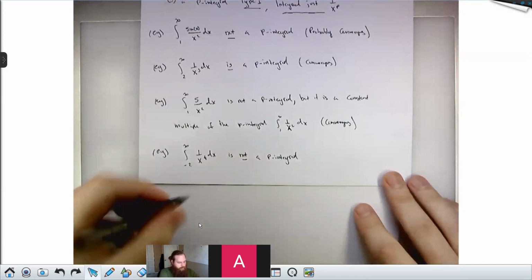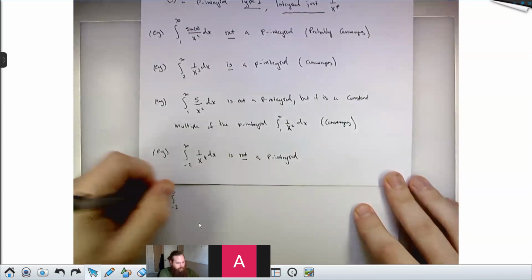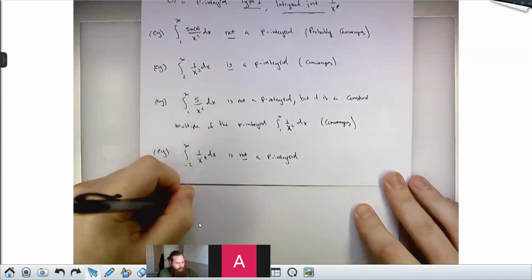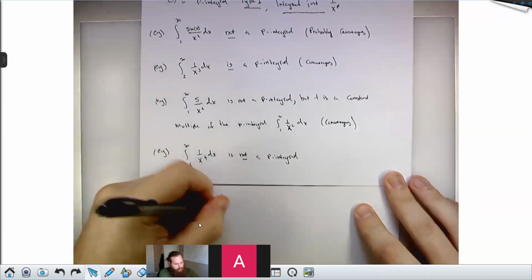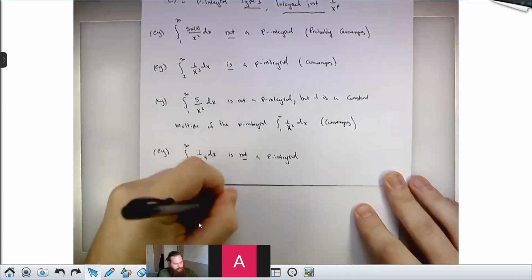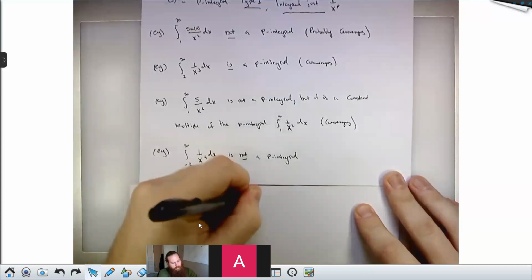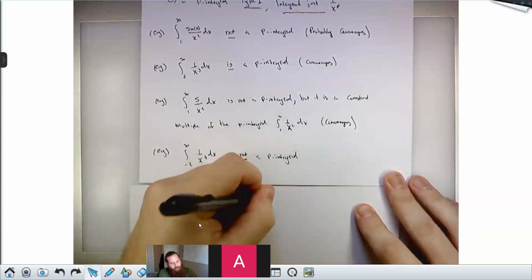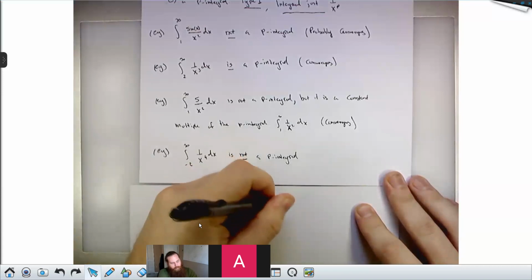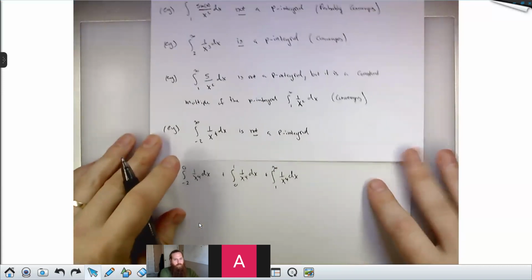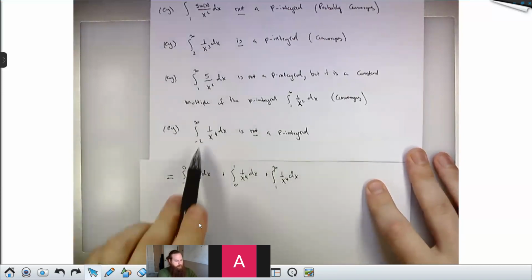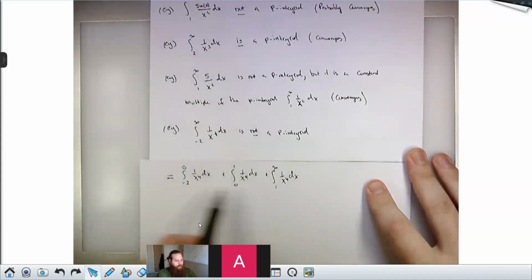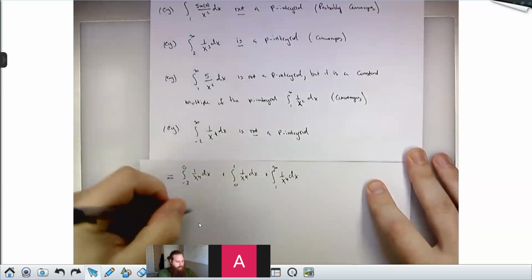So for the fourth integral, we would treat it as the integral from -2 to 0 of 1 over x to the 4 dx, plus the integral from, say, 0 to 1 of 1 over x to the 4 dx, plus the integral from 1 to infinity of 1 over x to the 4 dx. We talked about how you would handle these last Friday, because you've got type 2 issues at 0, and because 0 is in the middle here, you're going to end up with two integrals from that, one on either side.